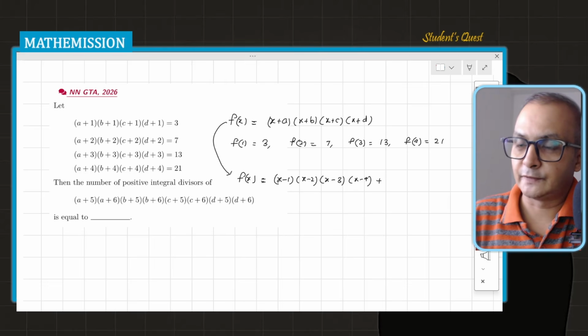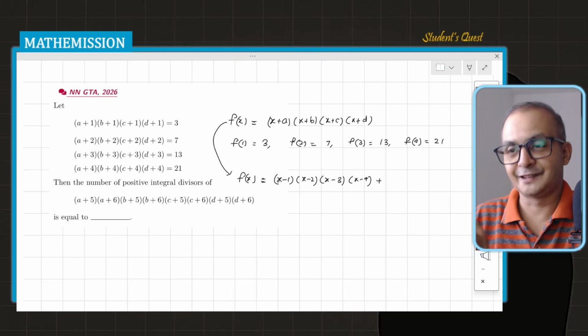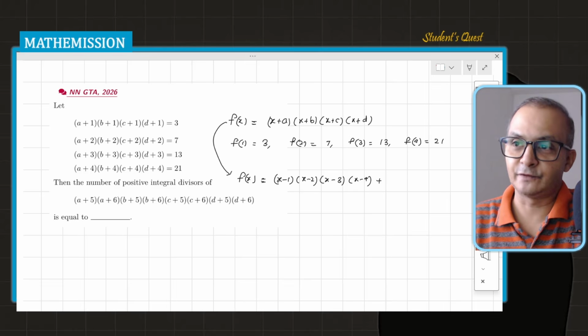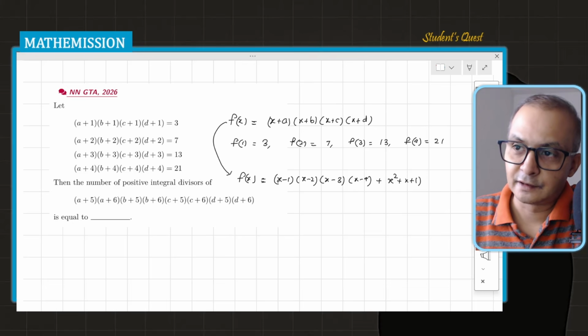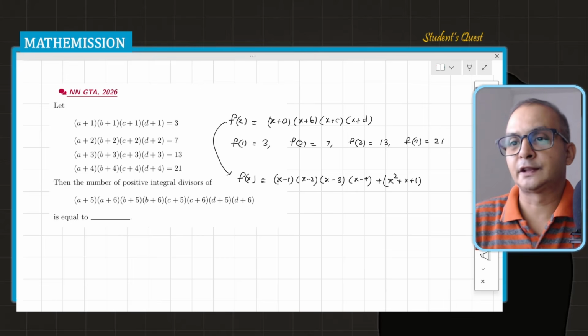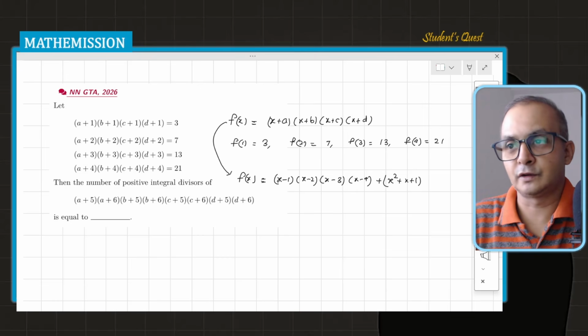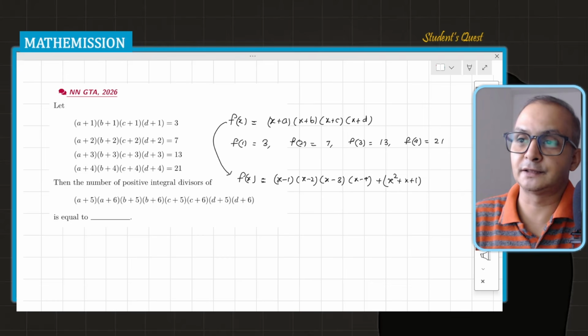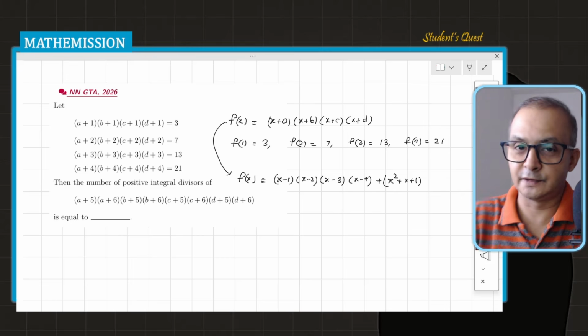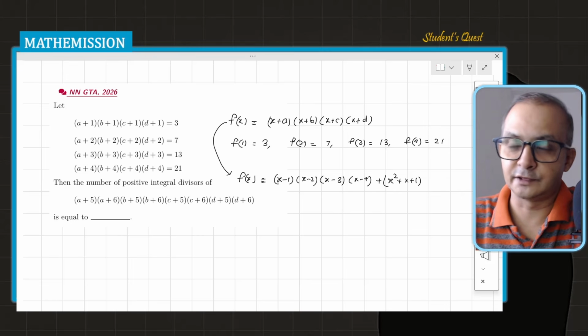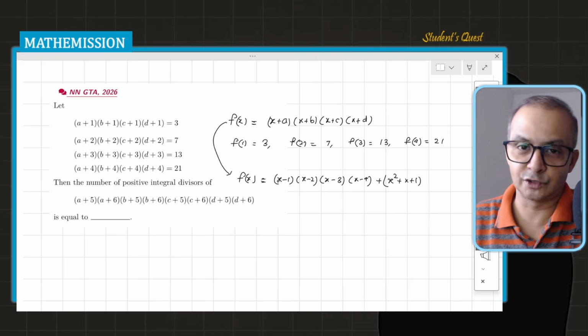So do you think that if you substitute 1, I should get 3, then 2 for 7, 3 for 13, and so on? Don't you think we have seen this many times? If not, then you can think that 7 minus 3 is 4, 13 minus 7 is 6, and 21 minus 13 is 8. So it's a kind of method of differences. We have to find the differences in AP, and then we can find the term. But you might have encountered this situation many times, and you can simply crack this as x squared plus x